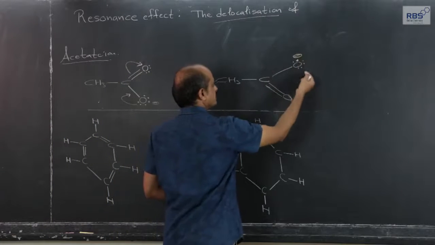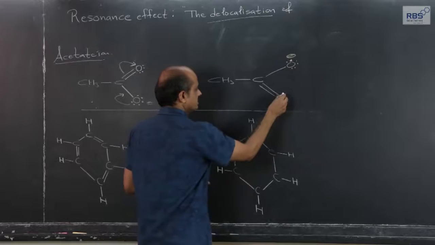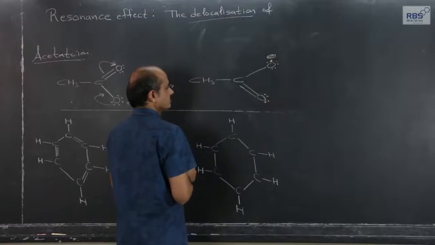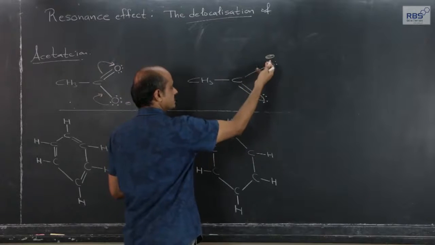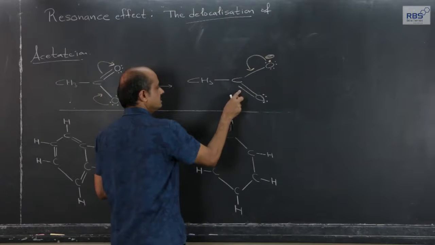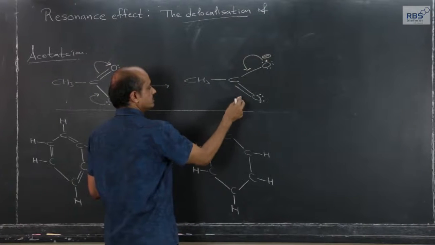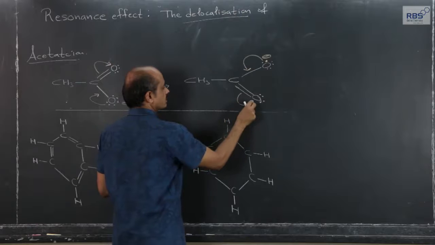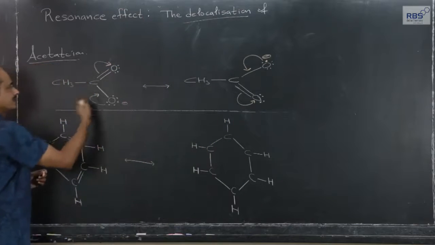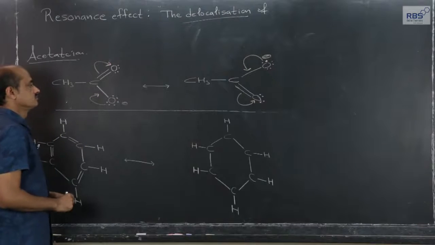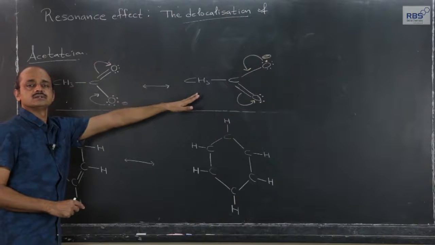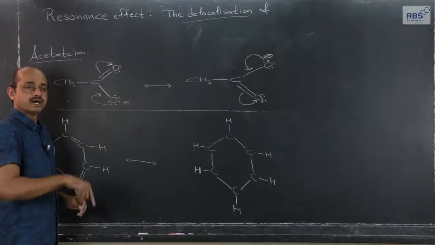Now, here are 3 lone pairs, and here there are 2 lone pairs. Out of these 3, let me select this lone pair. If it is shared between oxygen and carbon, the pi bond between carbon and oxygen should get heterolytically broken and shifted towards oxygen, and in turn what I get is that structure. So, this structure can be written in that form or that can be written in this form